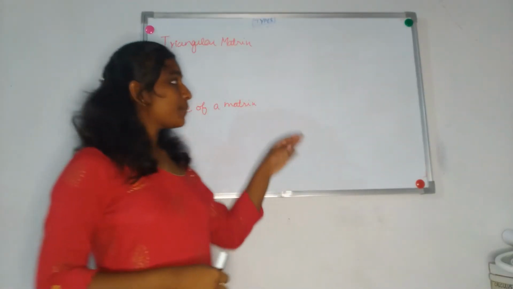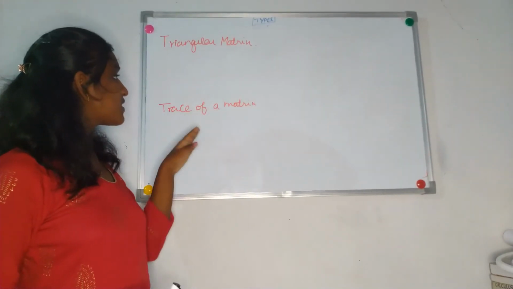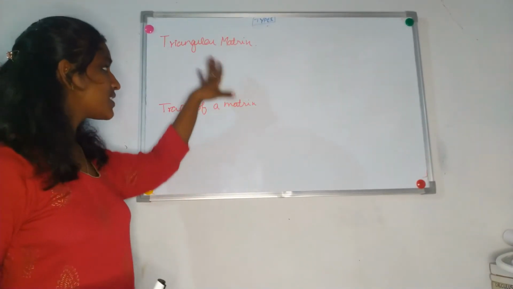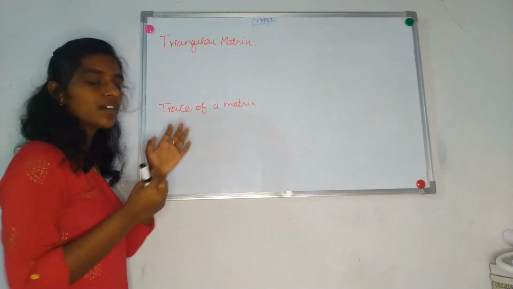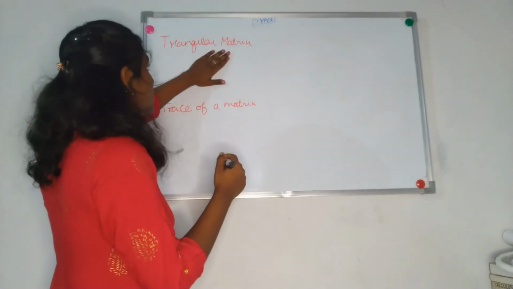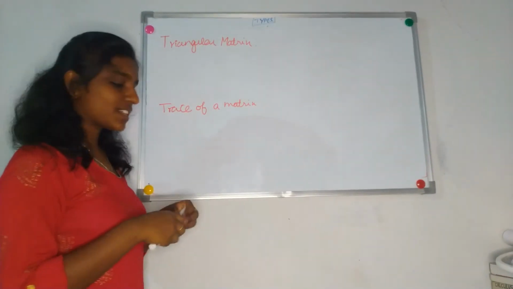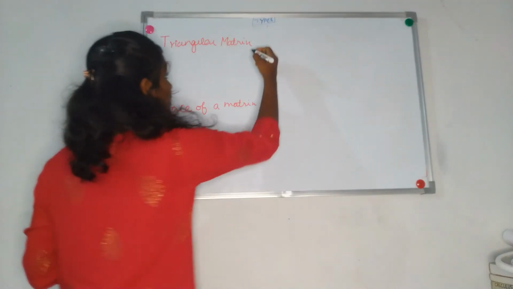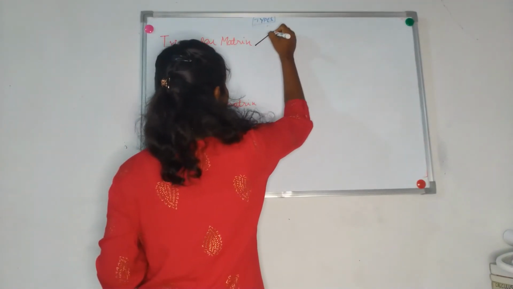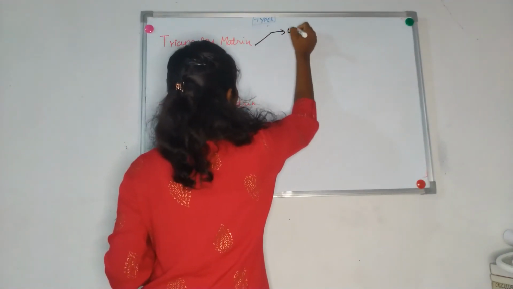Okay, so the next type of matrix are triangular matrix and trace. Triangular matrix is a type, and the concept is trace of a matrix. Let us first look into what a triangular matrix is. And in triangular matrix you have 2 types of matrices, that is upper triangular matrix,